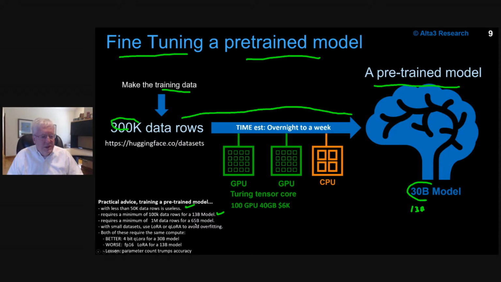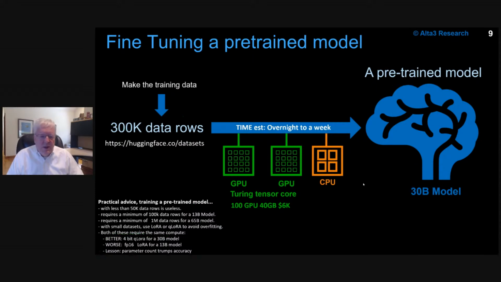And if you're going into a 65 billion model, which means you have a really expensive GPU, you need 100 million, or you need 1 million data rows in order to train it. If you go less than that, you'll actually train it on the specific answers as opposed to more general intelligent answers. It's known as overfitting. So a lot of data is essential to pull this off. Bottom line, the bigger the number of parameters, the better off you're going to be.